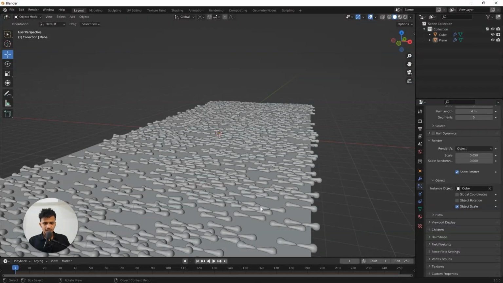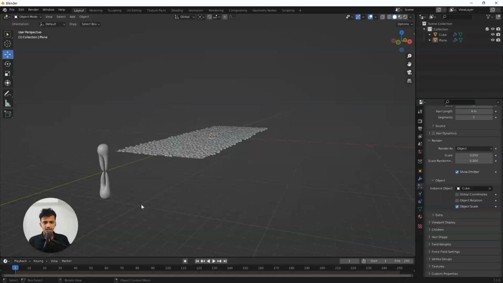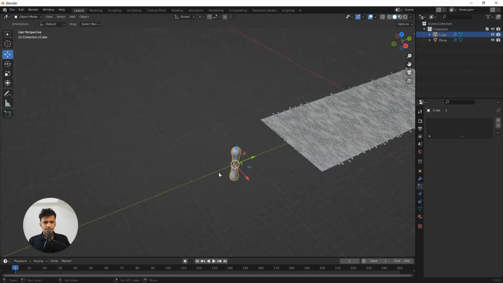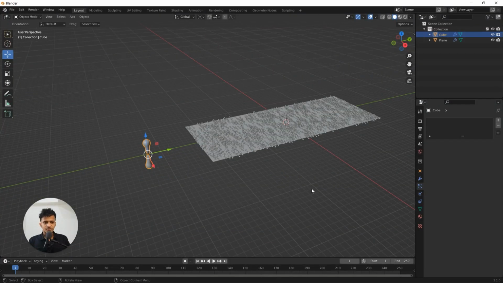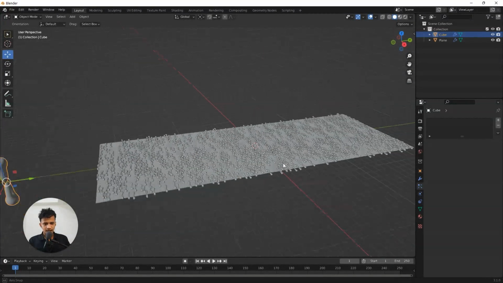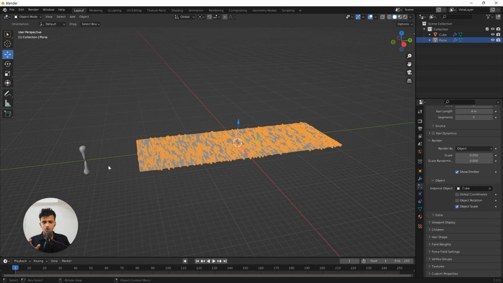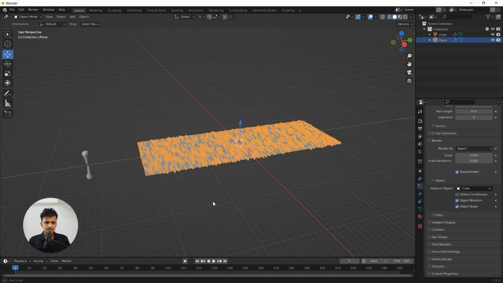But you can see it is lying on the surface of the plane. We need to rotate this. So select this lipid bilayer unit and we have to rotate it. Before that, select this plane. Under this instance object, there is an option called object rotation. Whenever we want to make a rotation on the object, we have to activate this so that we will get